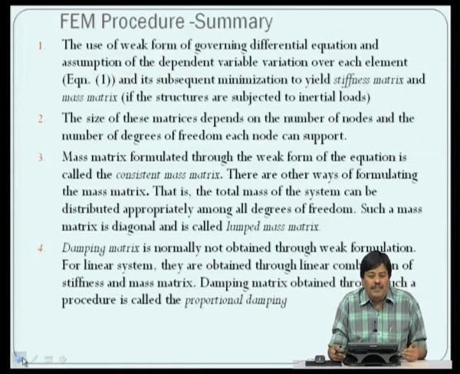However, there are alternate ways of formulating this mass matrix. Suppose you take the total mass and lump it only to the translation degrees of freedom, then you will get a lumped mass matrix which will be completely diagonal. There are various advantages of using the diagonal matrix when you do a dynamic analysis, which we are not going